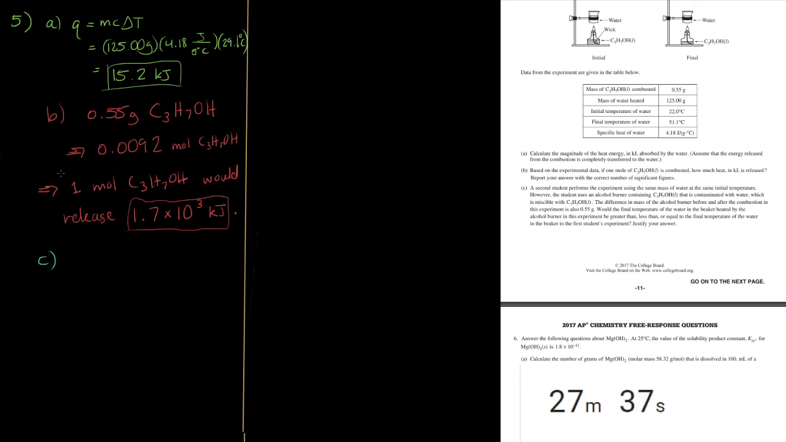With the final temperature of the water in the beaker heated by the alcohol burner in this experiment greater than, less than, or equal to the final temperature of the water in the beaker of the first student's experiment, just for answer. Less. It will be less than. Less. This is because